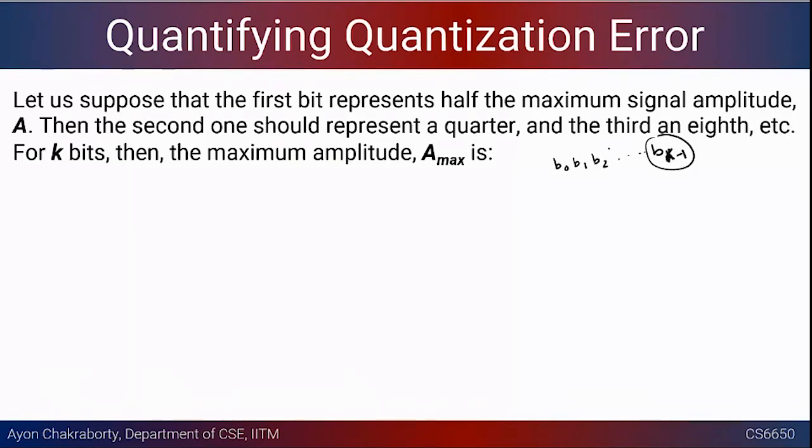You can also write it in a reverse way. So instead of b0 to b(k minus 1), you can write it the other way. And with every bit, we are basically approximating the next half of the signal, whatever remains. Please remember the way we were approximating the signal using that binary search kind of technique in the successive approximation register. So here the second bit should represent a quarter, and the third bit 1/8, and so on. And if we have k bits, then we can write what is the maximum amplitude that could be expressed by our ADC that has k bits. What is the maximum value of the amplitude that could be represented here?